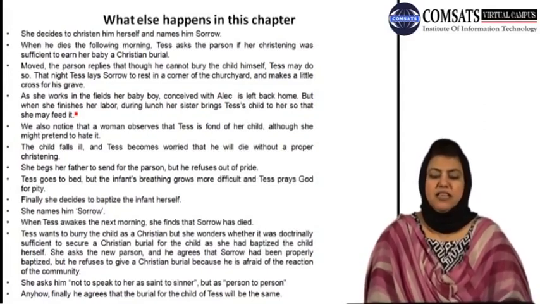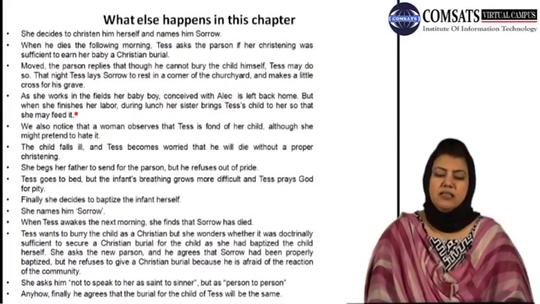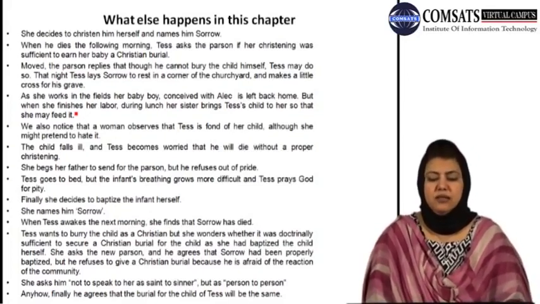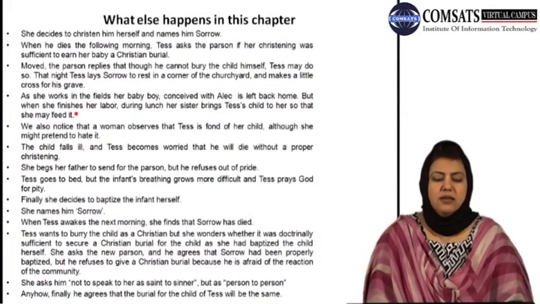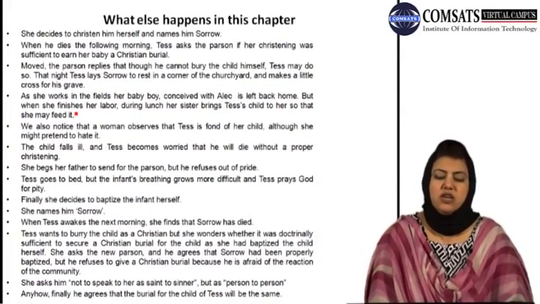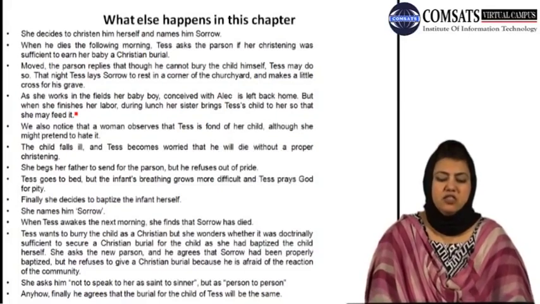Anyhow, when Tess wakes up the next morning, she finds that Sorrow has died. Tess wants to bury the child as a Christian, but she wonders whether it was doctrinally sufficient to secure a Christian burial when she herself had baptized the child. Now she asks the parson, who agrees that Sorrow had been properly baptized. However, out of community pressure and because of being afraid of the reaction of the community, he refuses to